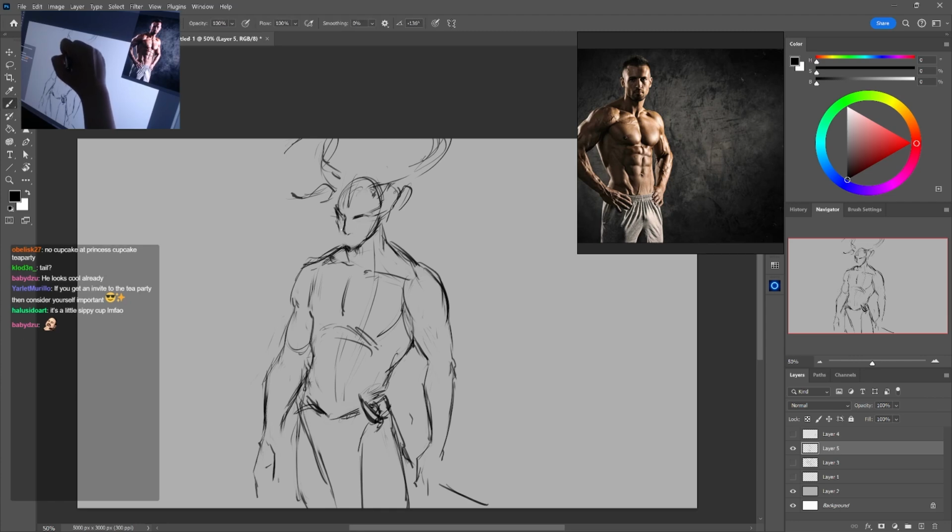Okay, and now we got to decide on his style of beard. I'll give him a full beard, I think. And give him some little braids in the beard, because that was a suggestion. Because why not, right?